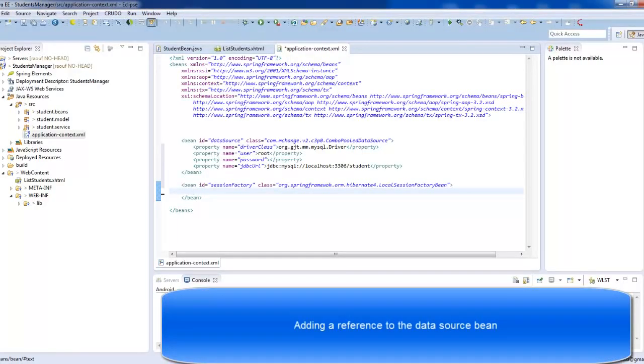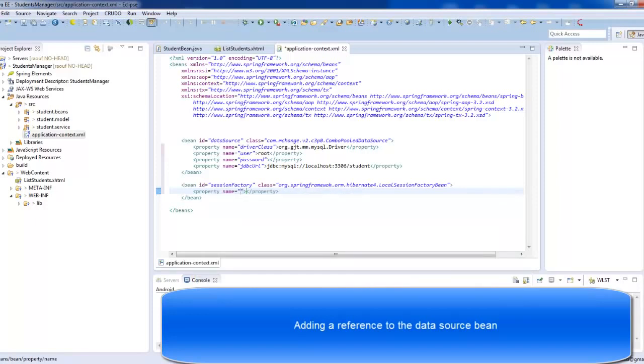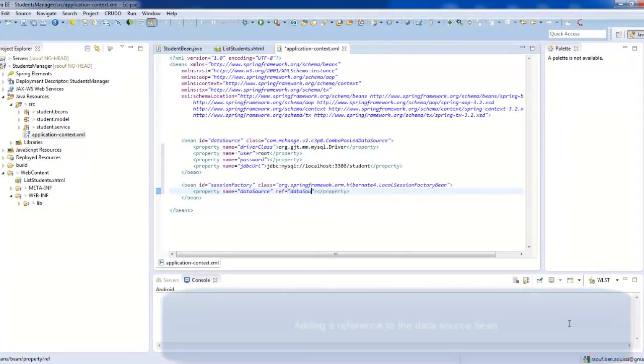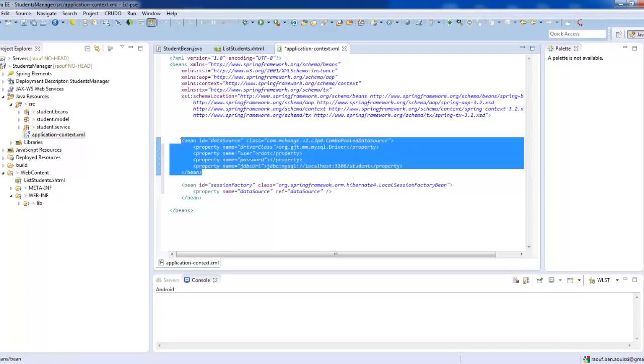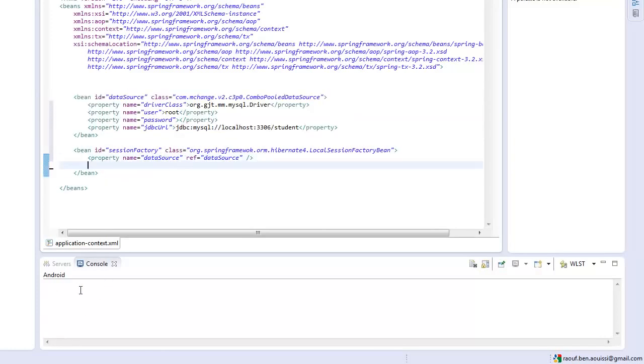So the first property is to affect a data source for this session factory. So property name equal data source and ref equal data source. So here the ref equal data source will reference this bean. So this will affect this data source to our session factory. And then